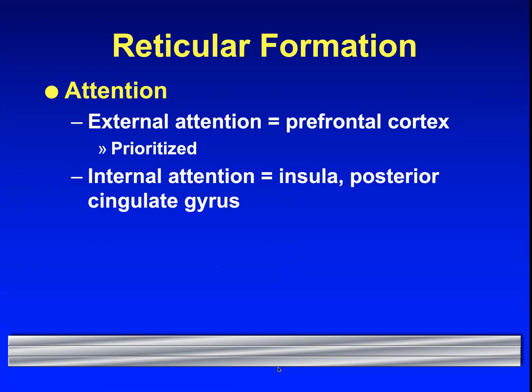There's external attention and internal attention. External attention, that's going to be your prefrontal cortex, looking around and you're watching TV and you're thinking about different things and making plans for what you're going to do, and you look at your watch and it says 12 o'clock, so you eat. We tend to prioritize that. Babies prioritize internal attention. How are you feeling? Are you hungry? And so we'll eat because it's noon, but we don't pay as much attention to what our body is telling us. And that's mostly read by the insula and the posterior cingulate gyrus,